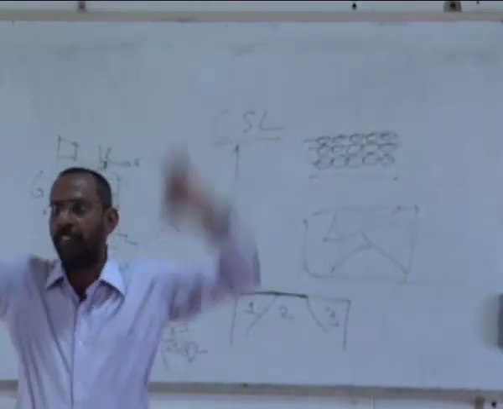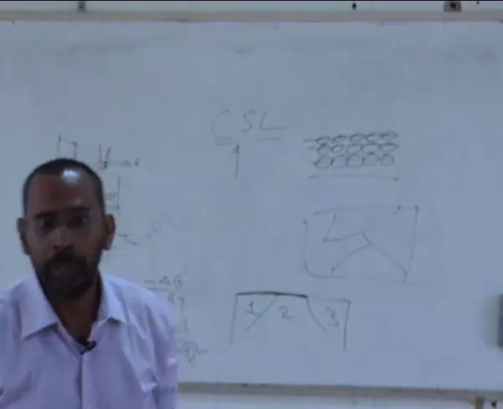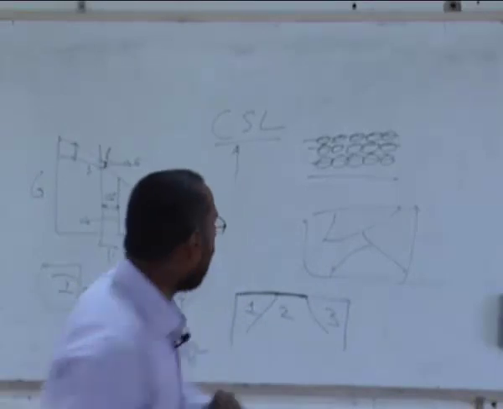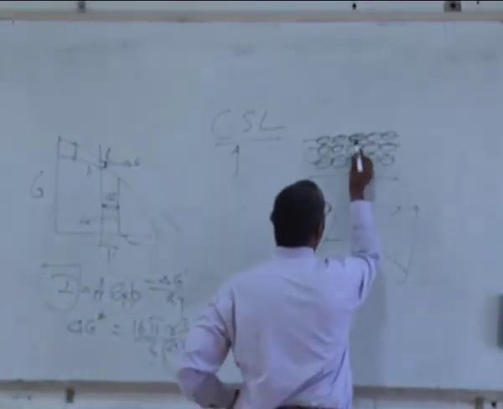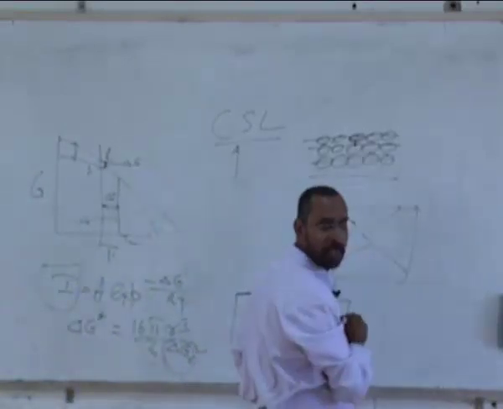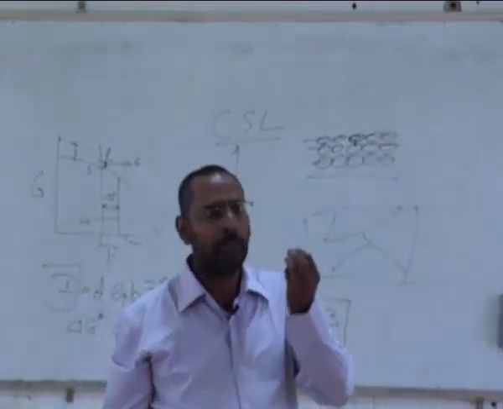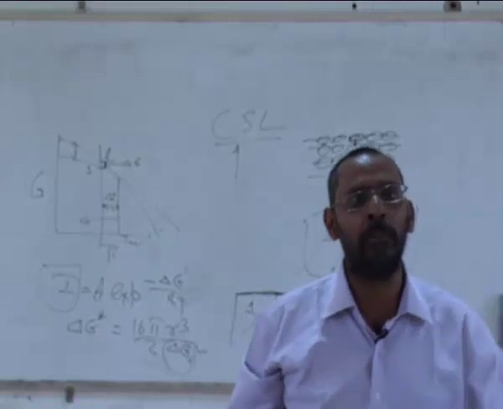Because it's the top surface, there are no atoms above it. That means it has certain broken bonds. Any atom on the surface here has bonds with the atoms beside and below it, but it does not have bonds with anything on top. Every atom in a unit cell has a certain coordination number.